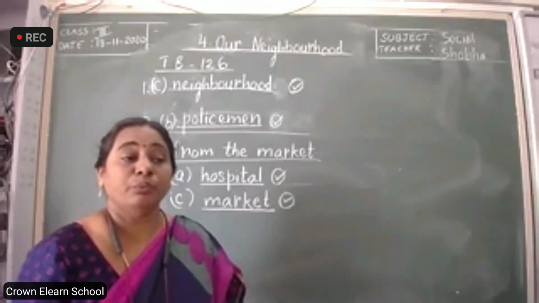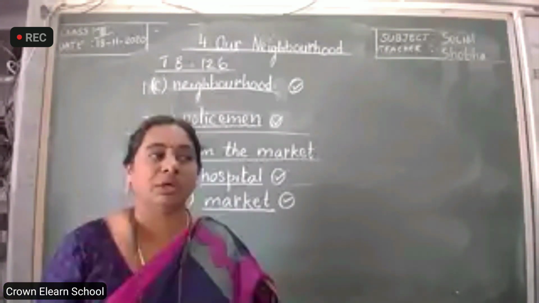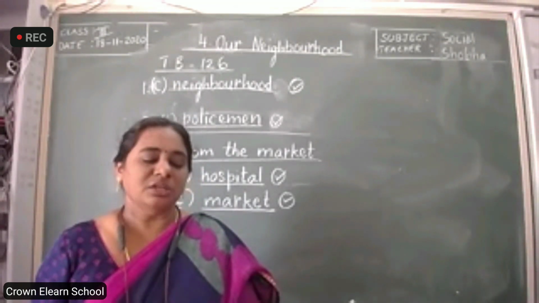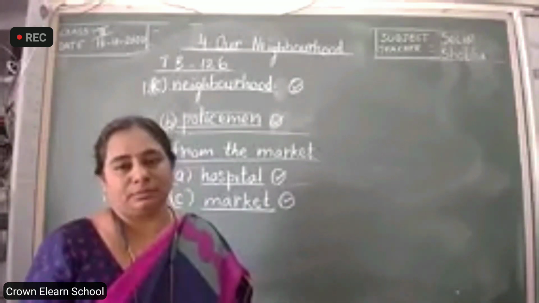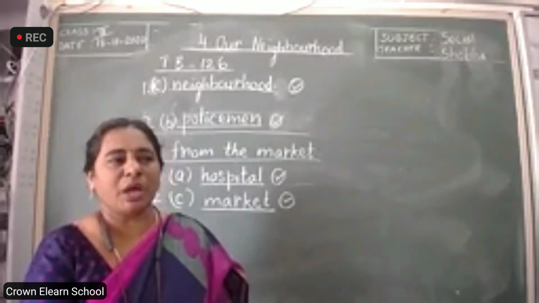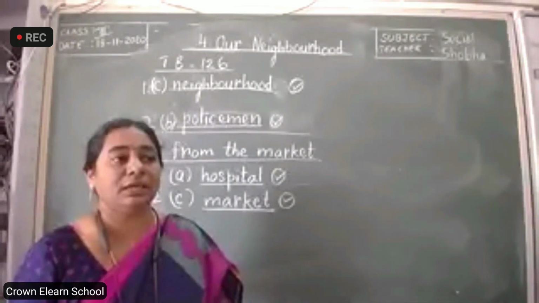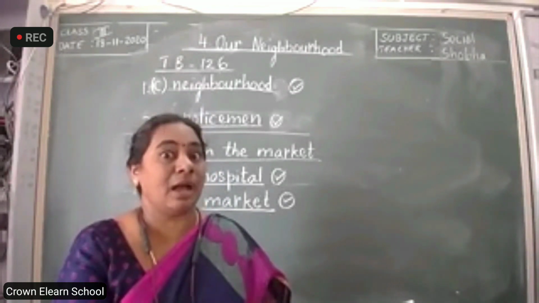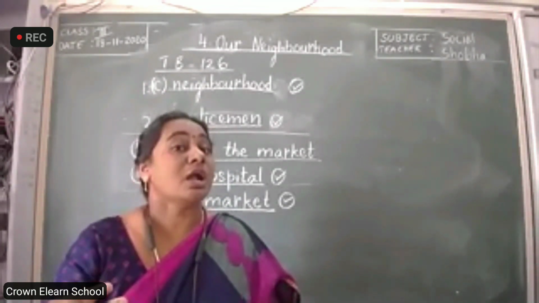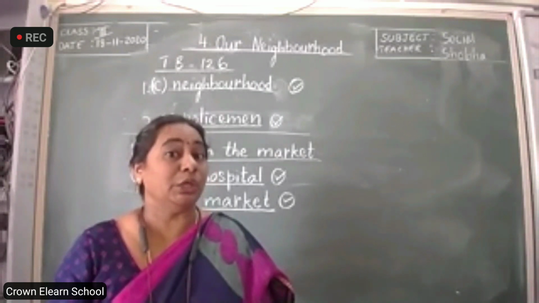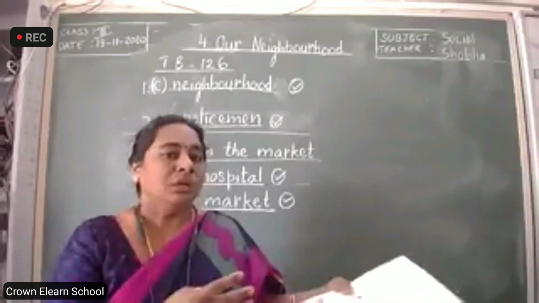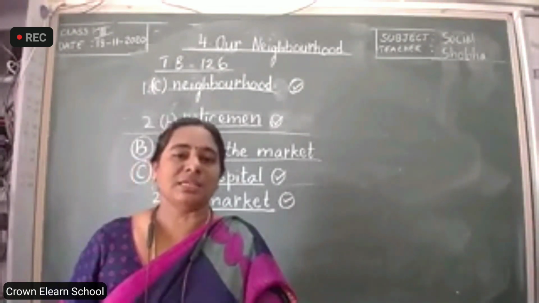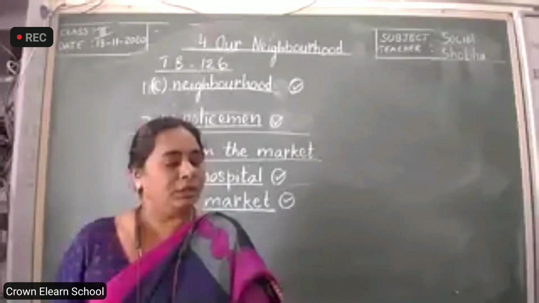So here, which value are you going to learn? What value do you learn? Options: to be helpful, selfish, punctuality. Out of these three, which value do you learn? By asking him to stay in her house till his mother comes, she is doing a kind deed. She is helping the child. Otherwise, the child Rohan has to be outside only, isn't it? Instead of that, she is asking him to wait in Riya's house.